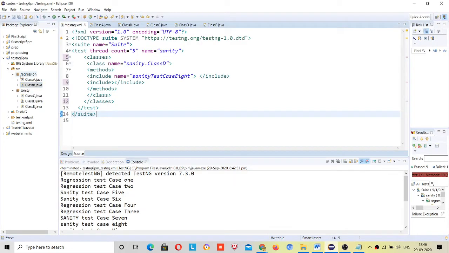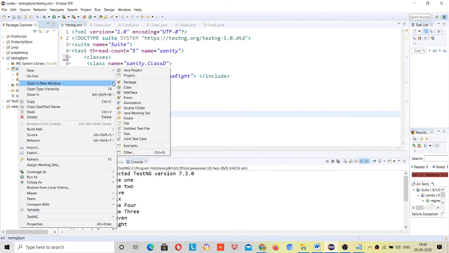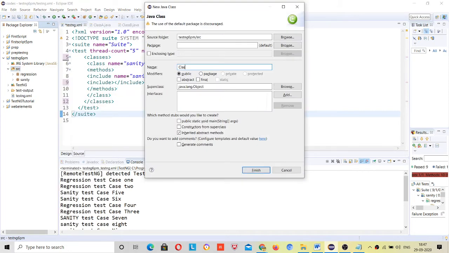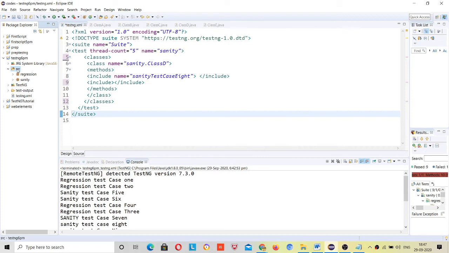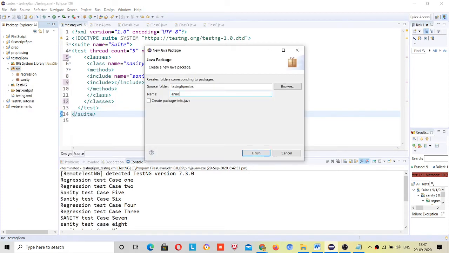See, let me make another package. Let me create another package named annotations.